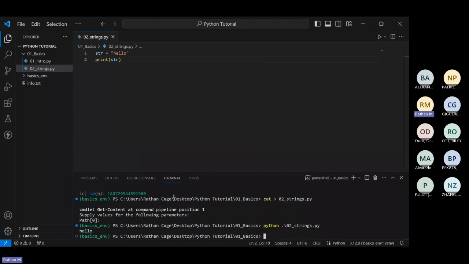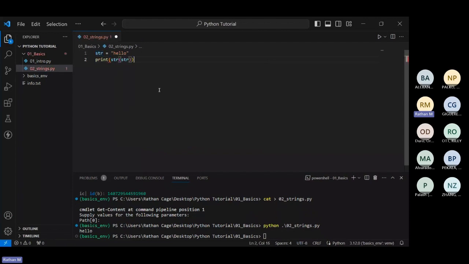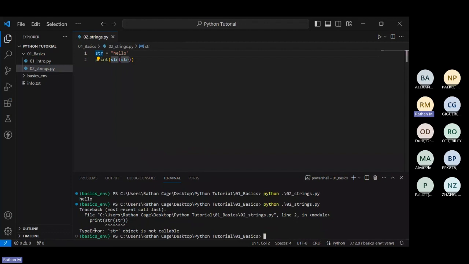However, you're going to run into some problems over time. If you want to convert string to a string, it'll understand that this is a variable and this should be a function. That's the idea. But if you take a look at this, it says string object is not callable. What this essentially means is, since you have a local variable called string, you will not be able to access the class called string ahead in time, because everywhere